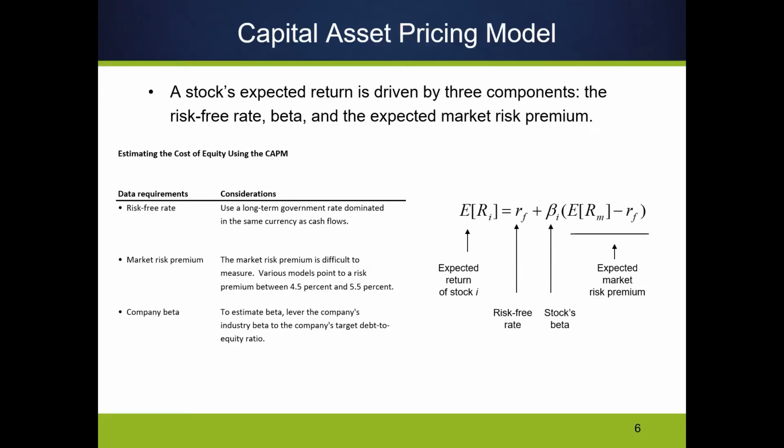The expected return under the capital asset pricing model, we say that the expected return is equal to the risk-free rate plus the beta of the asset multiplied by the expected market risk premium, which is the expected return on the market minus the risk-free rate. Okay. And so the logic behind the capital asset pricing model says that there has to be some asset, something that has zero risk,